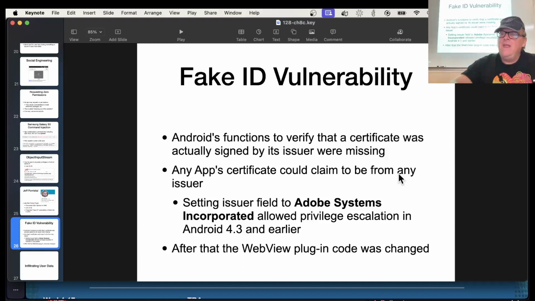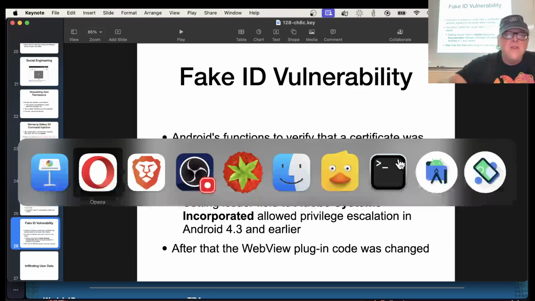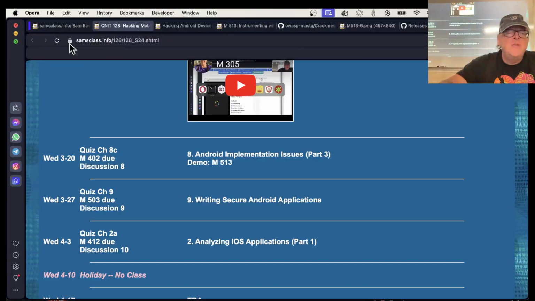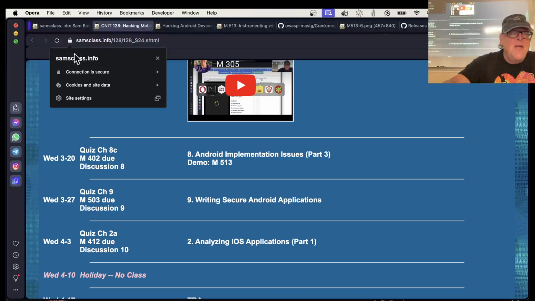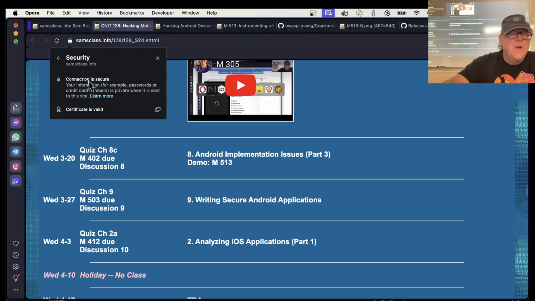Android didn't check to see that certificates were signed by their issuer. By the way, the same thing was true of Internet Explorer version 3 around that time. It would just take a certificate. Let me bring this up to make this clear. If I go to a page that's signed like mine, and I go to connection is secure, certificate is valid,